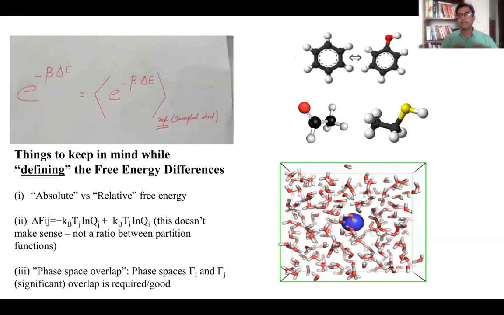You can imagine immediately the interactions change. Now there's an oxygen, so the electrostatic interactions become important for the same coordinates of water around it. So you will get some energies. Now, for each row, you take the difference between the two states. You have 1 million energy differences, and you take an exponential average of it, and that will give you delta F, or delta G, whatever you want to call it. There's a difference between F and G, but for all practical purposes, because we are running NVT, we'll call it F. But since the systems are volume conserving, it is equally good to call them delta G.